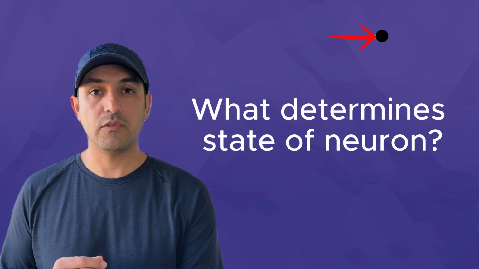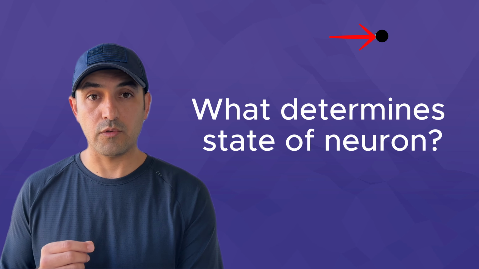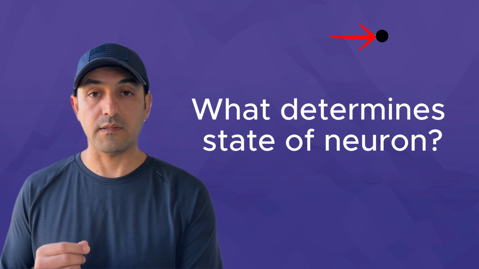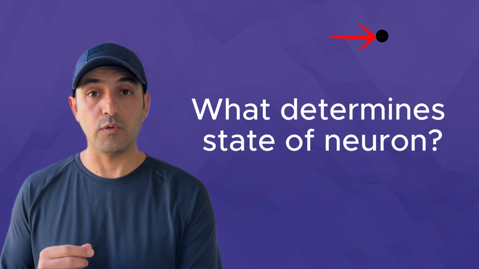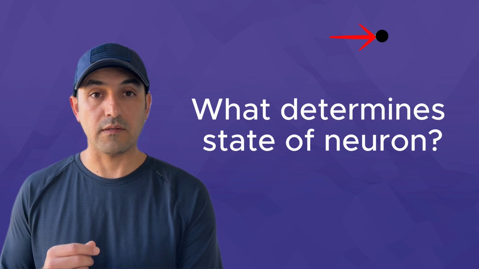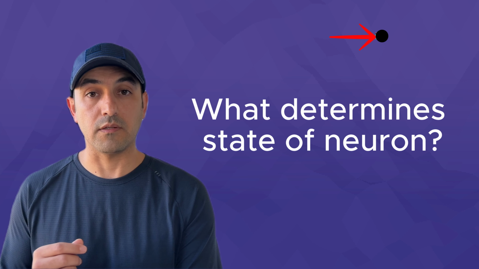I'm going to start with one single neuron, derive its probability description, and then add the rest of the neurons. And to proceed, I need to ask a question. What does it take for a neuron to become active and take the value of +1? And what does it take for the neuron to remain inactive and take the value of -1?